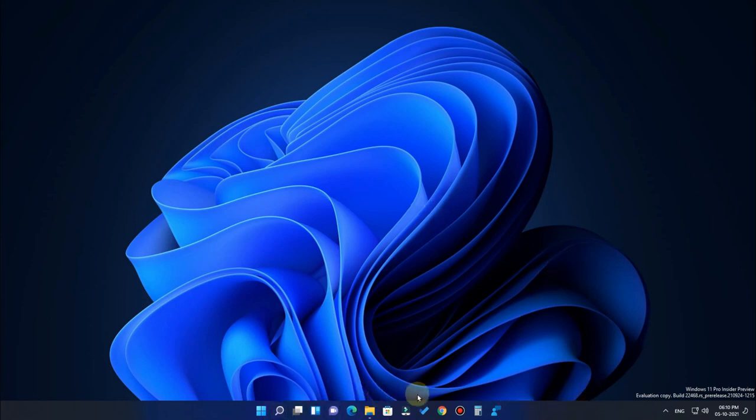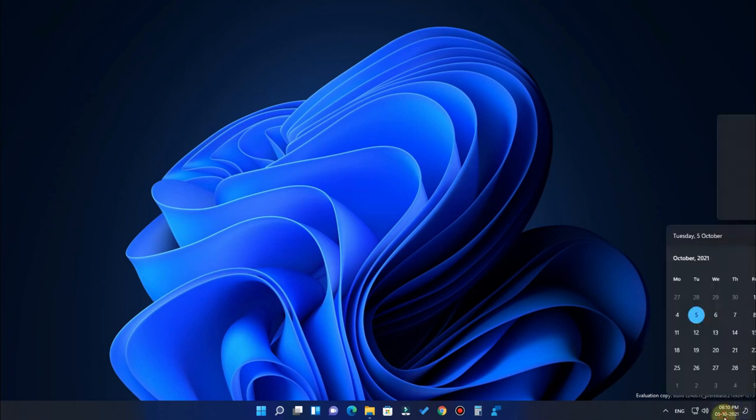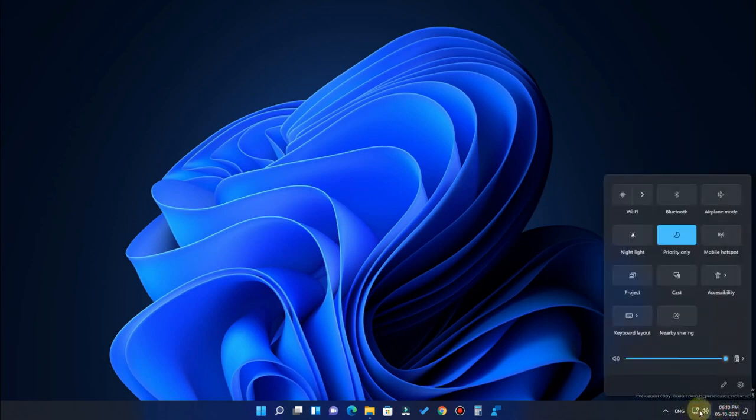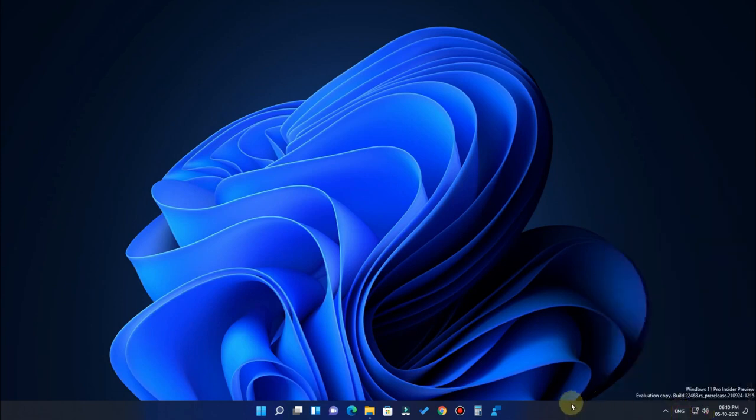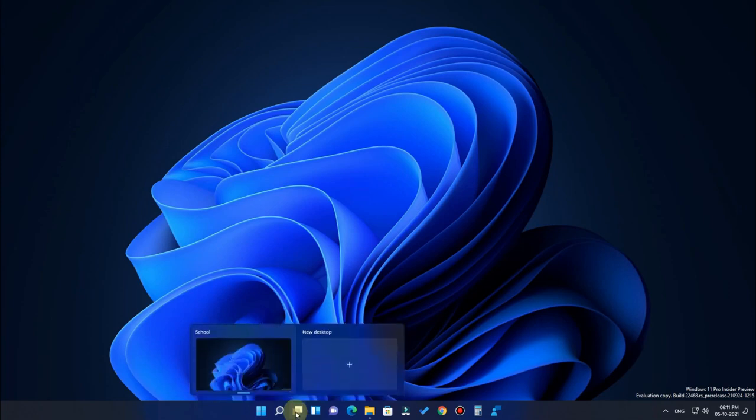So totally the design has completely changed in the new Windows 11 operating system, and as you see here, the transition also looks good. I'm just tapping here, and there is a slide out from the right side, and there are new connectivity options. All the transitions look good. Even when I'm hovering over any opened program, the preview is designed with rounded corners, and it also comes with the acrylic, transparent design. So overall, in terms of design, it looks good, and the transition also looks good. It's faster. Now the next feature we are going to see is the virtual desktop, which is nothing but the task view.